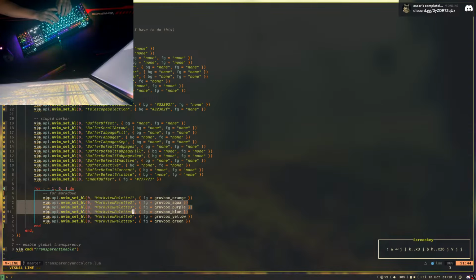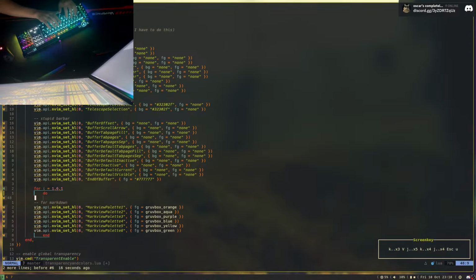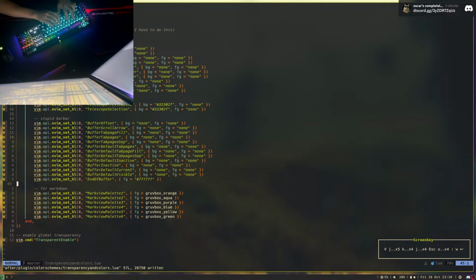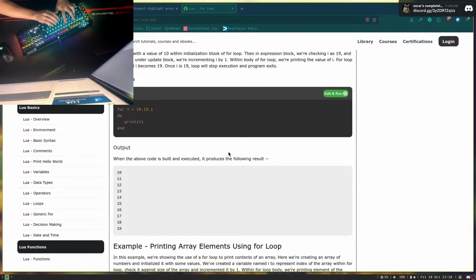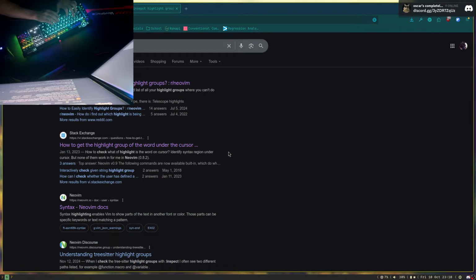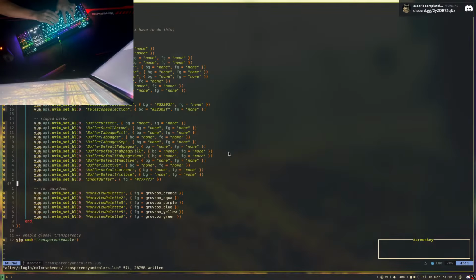Oh, actually, you know what? That's gonna create more problems than is necessary, because now we have to do all the gruvbox stuff. Okay, we could do that at some point. But for now, I can probably just ask AI to refactor that or something, because I'm gonna be too lazy to manually do it myself. Okay, so let's try